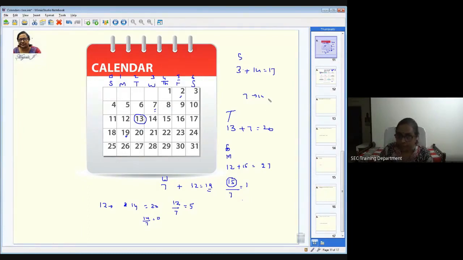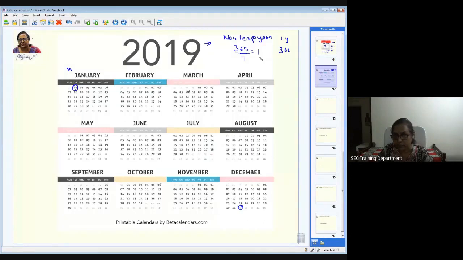In the same way, per year, when you calculate, we are going to see this 1 day. Whatever calculation you do, we are only going to divide by 7 and see what is the left out value, and based on that we do this calculation. That particular 1 or 2 that is left out is nothing but called odd days. So the whole of your calendar calculation is nothing but the calculation of these odd days. Based on that we decide all this. Up to this, is it clear? Any doubt in this? If you're clear, then I'll proceed.